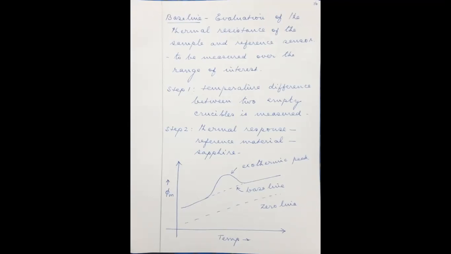You can see the phi m, which is the difference in temperature between the sample and the reference, is taken along the y-axis and the temperature is taken along the x-axis. So this is how the differential scanning calorimetry is recorded. Now look here, temperature. When melting is onset, the temperatures are furnace thermocouple